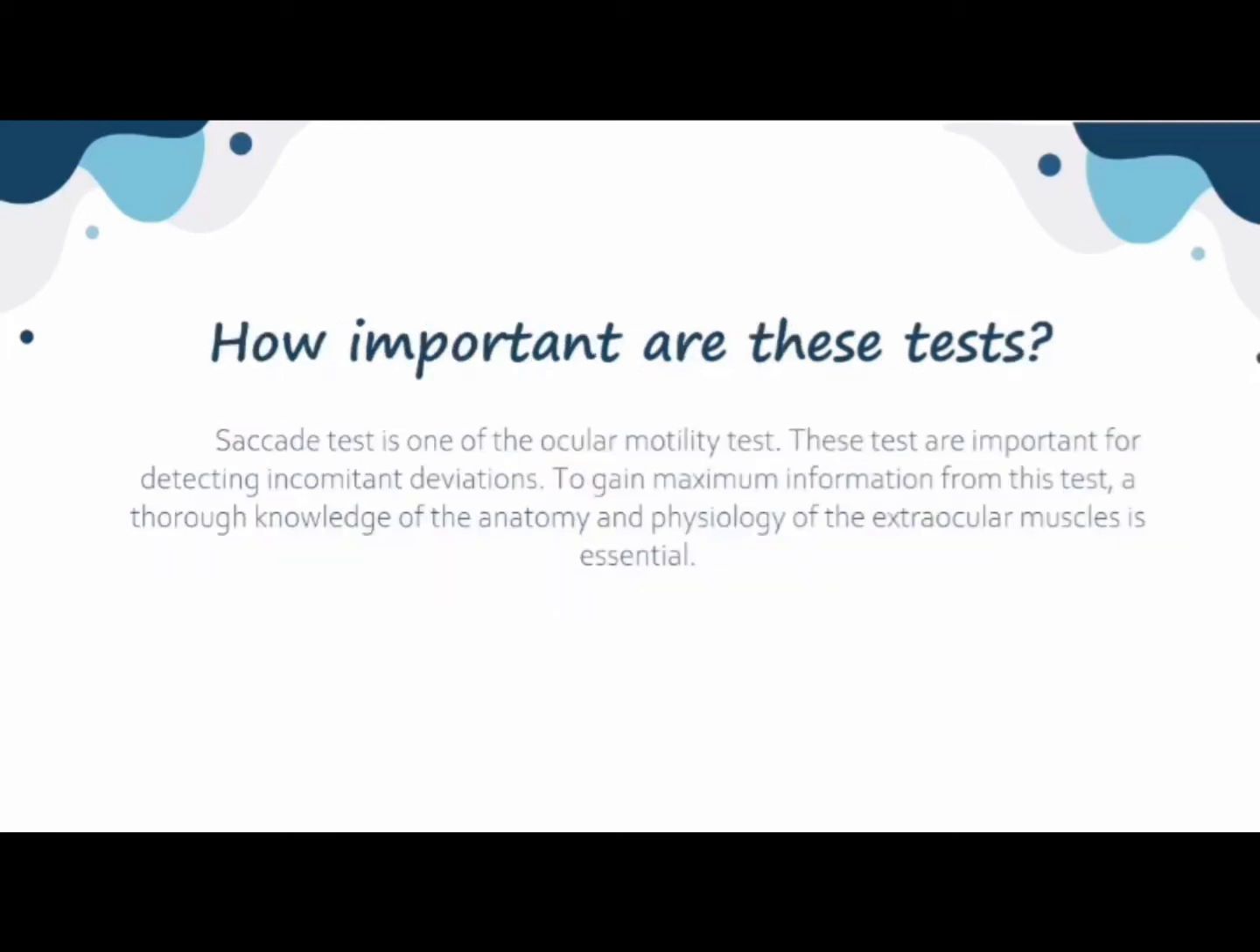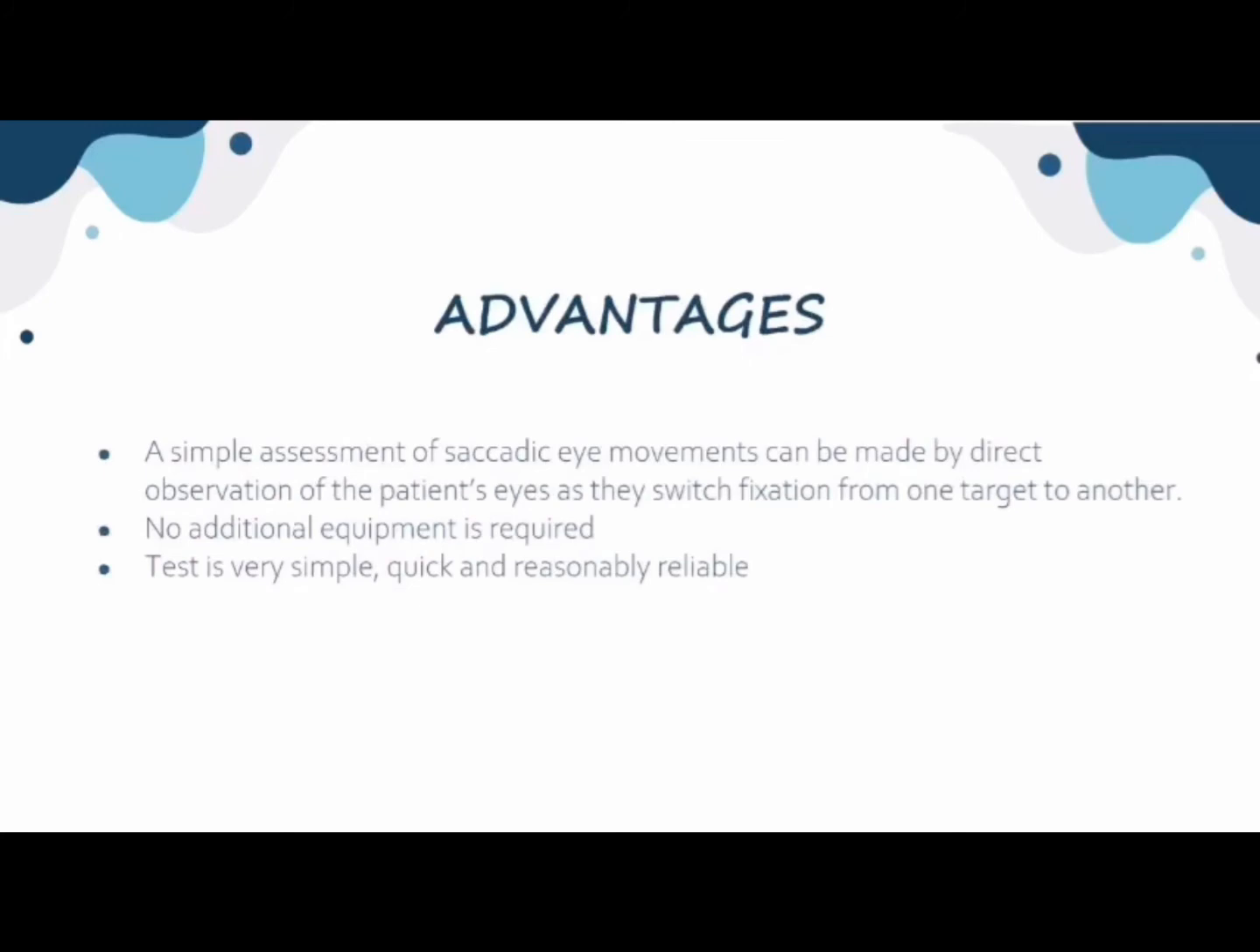How important are these tests? The saccade test is one of the ocular motility tests. These tests are important for detecting concomitant deviations. To gain maximum information from this test, a thorough knowledge of the anatomy and physiology of the extraocular muscles is essential. The advantages. First, a simple assessment of saccadic eye movements can be made by direct observation of the patient's